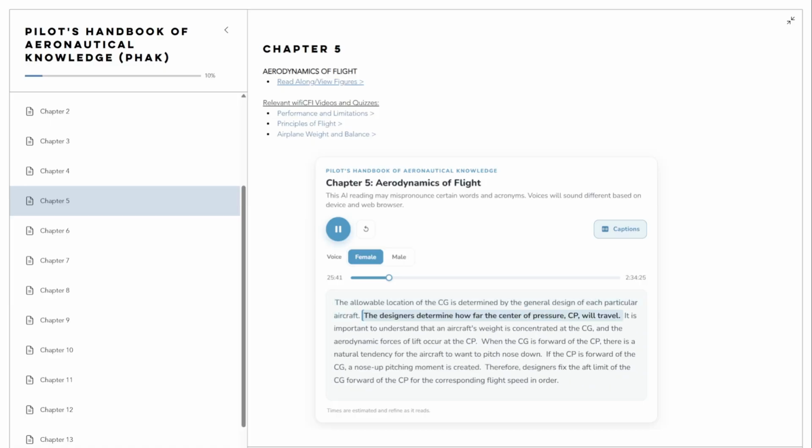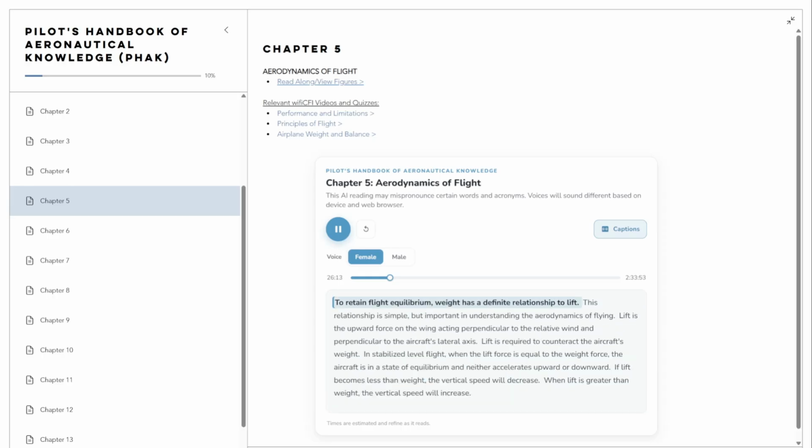The designers determine how far the center of pressure, CP, will travel. It is important to understand that an aircraft's weight is concentrated at the CG, and the aerodynamic forces of lift occur at the CP. When the CG is forward of the CP, there is a natural tendency for the aircraft to want to pitch nose down. If the CP is forward of the CG, a nose-up pitching moment is created. Therefore, designers fix the aft limit of the CG forward of the CP for the corresponding flight speed in order